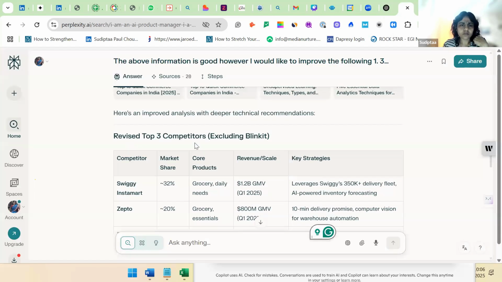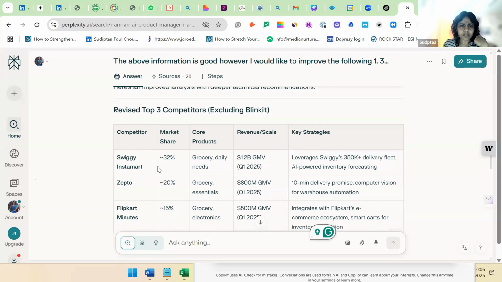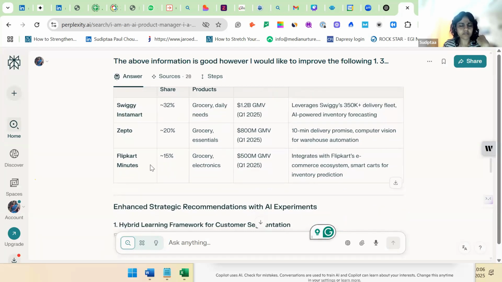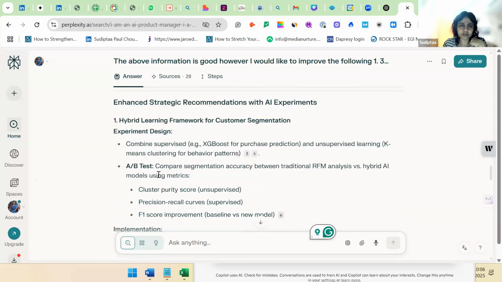Now look at Perplexity, it has taken Flipkart Minutes, which is a new launch. It has not taken BB Now. So it has given you some more data points, so you can now ask it to compare BB Now with Flipkart and tell which is better while comparing these aspects. You can go on. So this is where you are using chain prompting and gathering and sharpening your data before you put it to your audience and create a very holistic presentation.